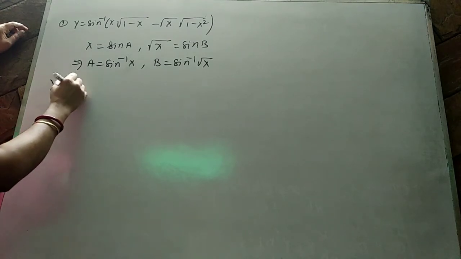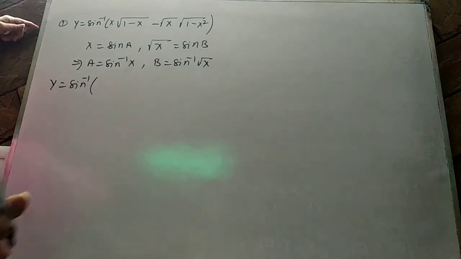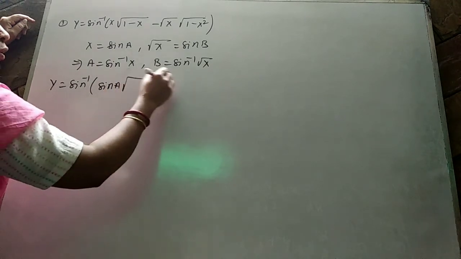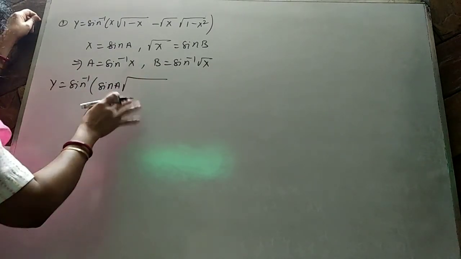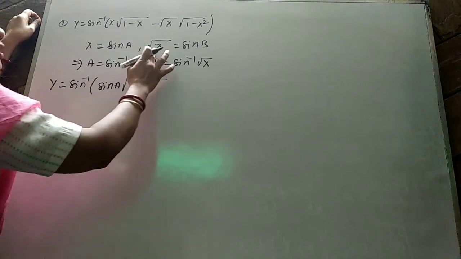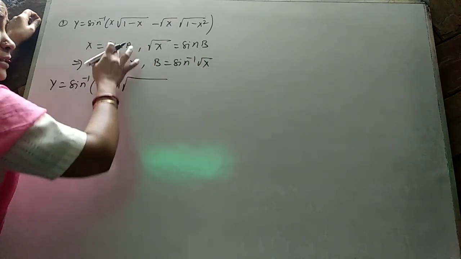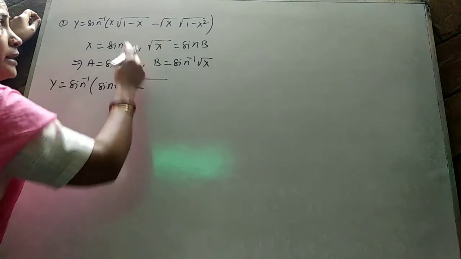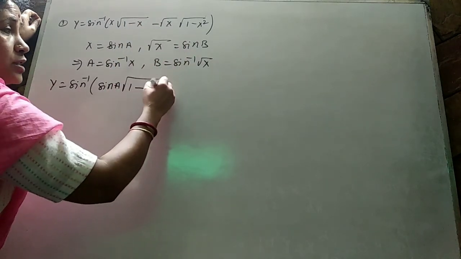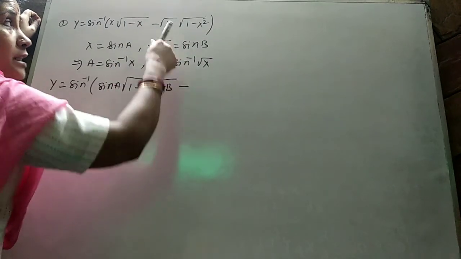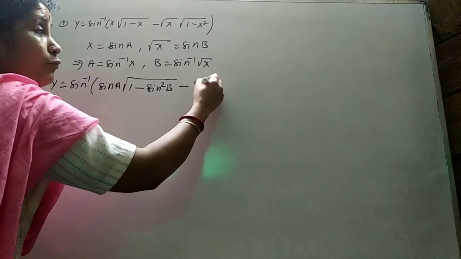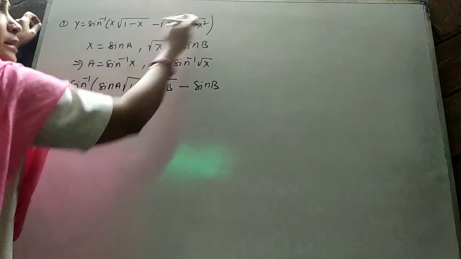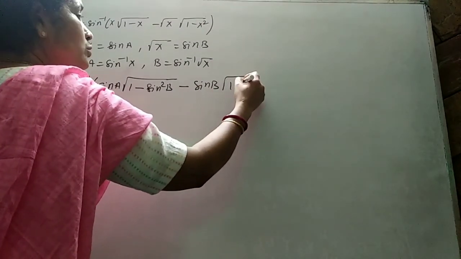इफ आई सब्स्टिट्यूट y इक्वल टू sin इनवर्स, अब कैसे मैं सब्स्टिट्यूशन दे रही हूँ वो देखना। इसी x की जगह से sin a रख रही हूँ, अंडर रूट ऑफ 1 माइनस साइन स्क्वायर आएगा तभी तो कॉस ए फॉर्मूला आएगा। इसको स्क्वायरिंग एंड बोथ साइड करना, क्योंकि साइन यहाँ रखने से कोई फॉर्मूला तो नहीं बनेगा। इसको स्क्वायरिंग एंड बोथ साइड करोगे, 1 माइनस इसी x की जगह से क्या लिखोगे, साइन स्क्वायर b। ट्राई टू अंडरस्टैंड। माइनस इसी रूट x की जगह से यही रखो, फिर आपको चाहिए कॉस b तभी तो फॉर्मूला बनेगा। इसका स्क्वायरिंग एंड बोथ साइड करो, मतलब x का वैल्यू डायरेक्ट रखो, 1 माइनस साइन स्क्वायर ये हो जाएगा।